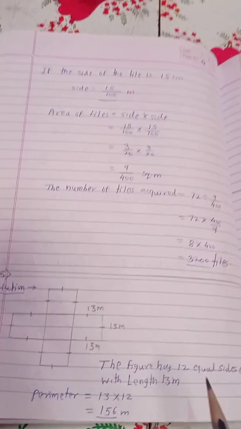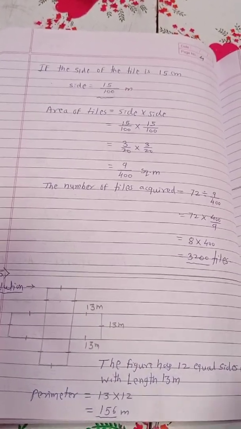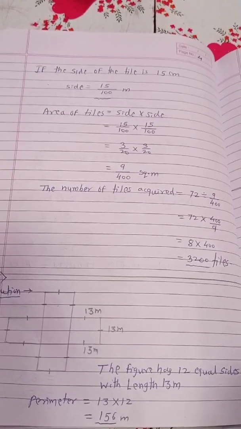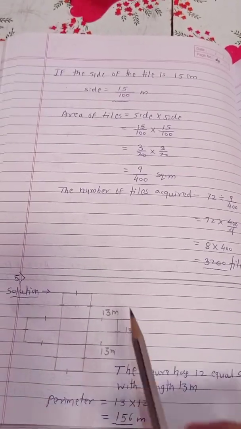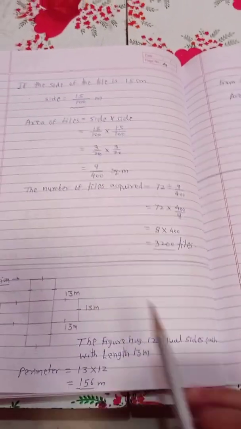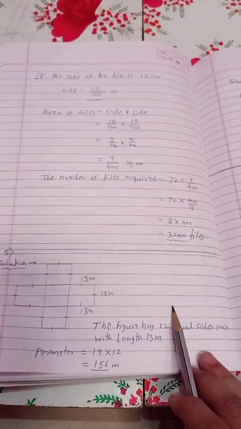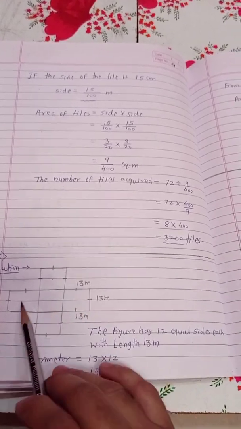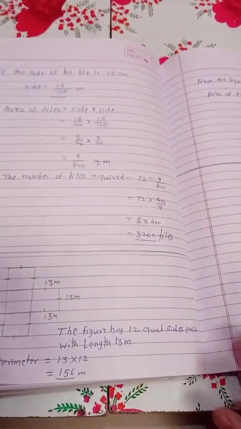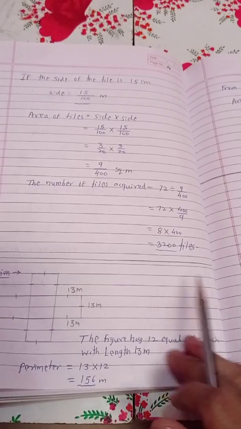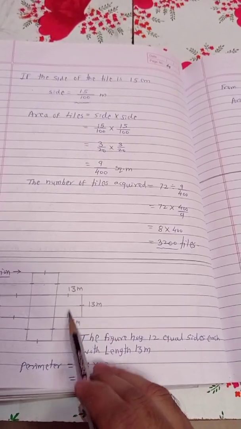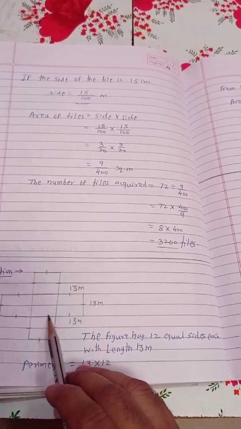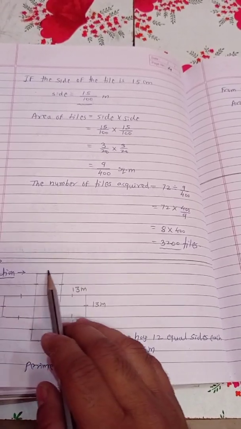In the fifth question they ask: find the perimeter and find the area of the garden with the measures as shown in the figure. You want to find out the perimeter as well as the area. To find the perimeter, how to find out? You know it, we have to add all the sides. When you are taking all the sides, don't take the inner sides. We have to take only the outer sides here.